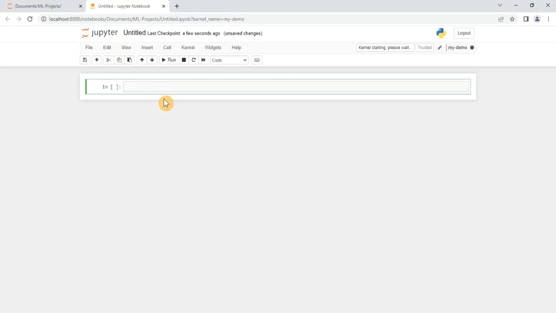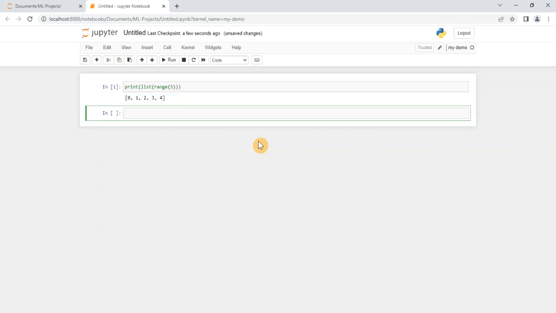So now it is loaded. Let us try to give a basic Python command. So I say print, let us print a list of numbers, list range 5. So it will print a list of numbers from 0 to 4, and it's working. Now if I try something else, you must keep in mind this is a blank environment, so